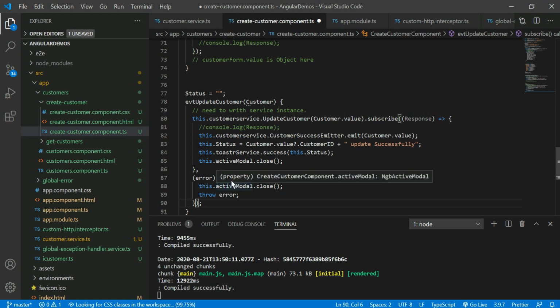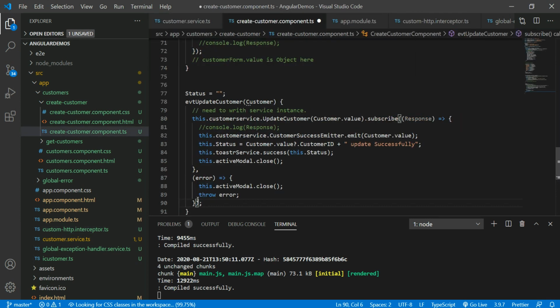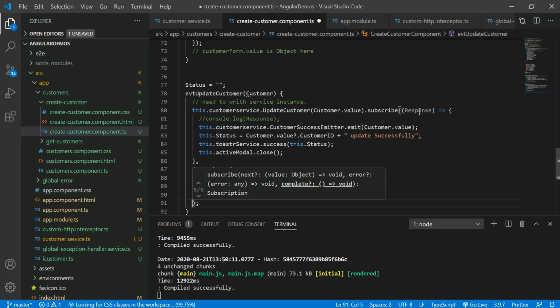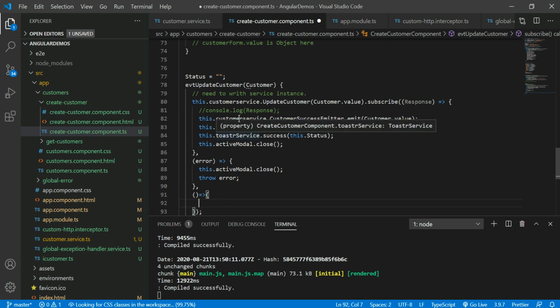I can't write the complete operation in the interceptor here, because I'm using the RxJS operator, right? Writing the complete operation in the catchError is tricky, very complex. So come here and write the complete operation here. The complete operation is a kind of finally block, as in .NET and Java. Whether there is success or failure, the cursor should come to the finally block. The same way here, complete should also be executed, in case of error or not error, success or failure, any kind.